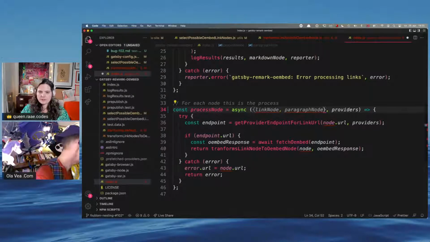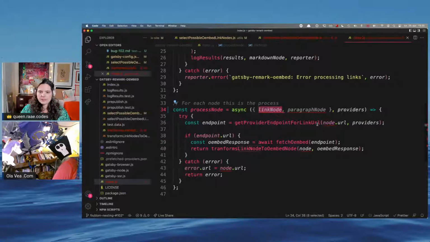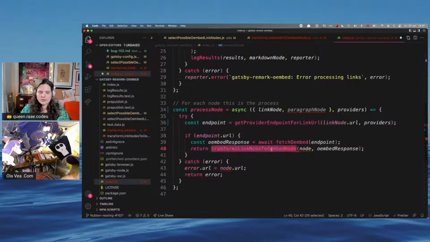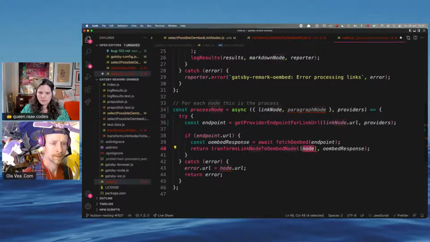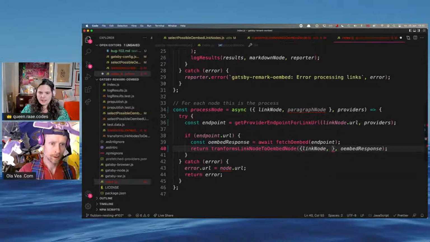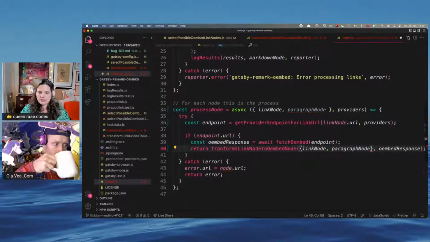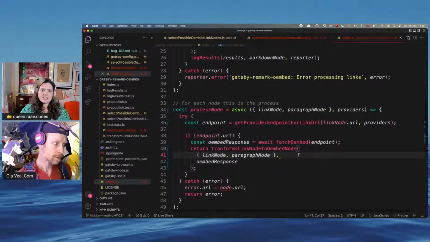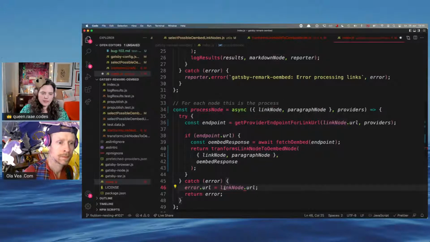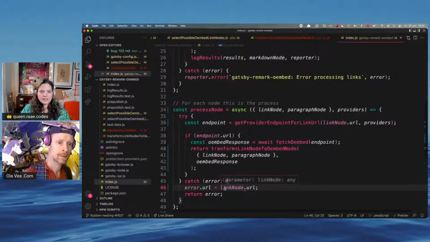So we'll do the link node URL, and then we do our transform link node to oembed node, and we'll send in the link node and the paragraph node. I might change the signature of this after the stream to make it a little bit better, but I think that should be it, actually.